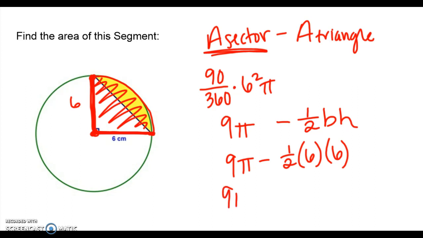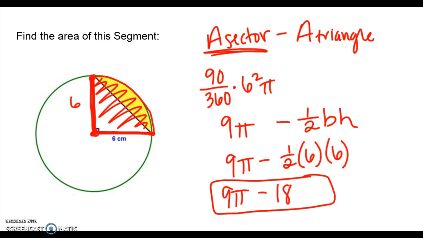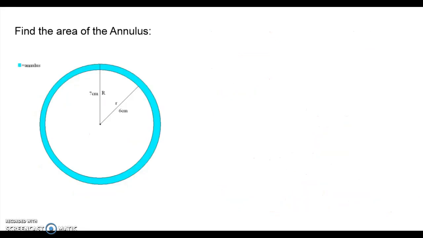When I multiply 1/2 times 6 times 6, I end up with 18. This is technically in terms of pi because it can't be simplified down. Now, most of the time, they'll have you reduce it. So it'll be 10.27 centimeters squared for your area of a segment. Please write this one down. It's very complicated, I know, so have an example in your notes. Last but not least,